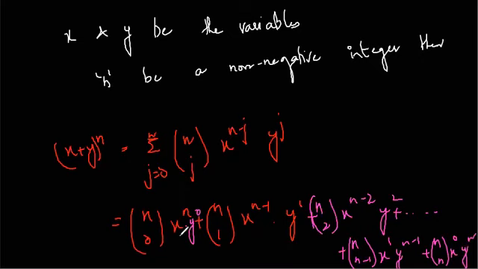So when we start our expansion, we have x power n, and it keeps on decreasing, and by the end of the expansion x's power turns to 0, while y's power starts from 0 and keeps on increasing till it reaches y power n. If you remember, I said nCr is equal to nC(n minus r). This was discussed in the last topic. Similarly, nCj is equal to nC(n minus j).